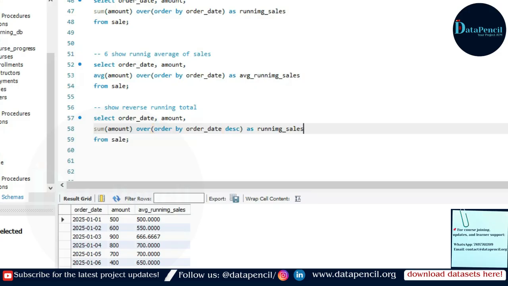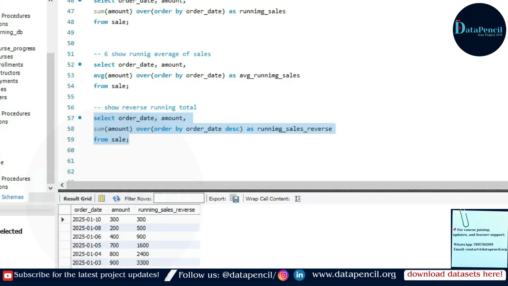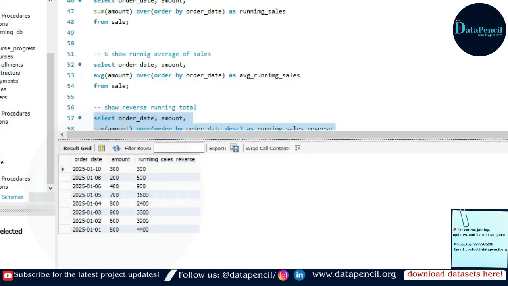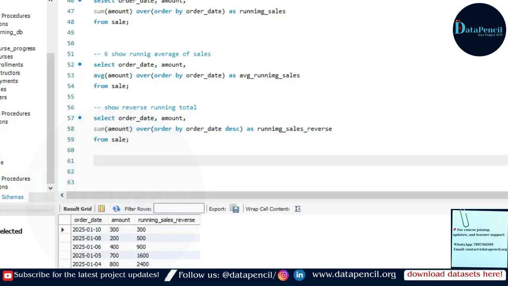Now here we will write running sales reverse. This is it. Now when you run it, here we have our running reverse sales. Fine. So here you will see the first date is 10th of January, then 8th of January, then 6th of January. So it is basically in reverse manner. Now our next question is asking to get the